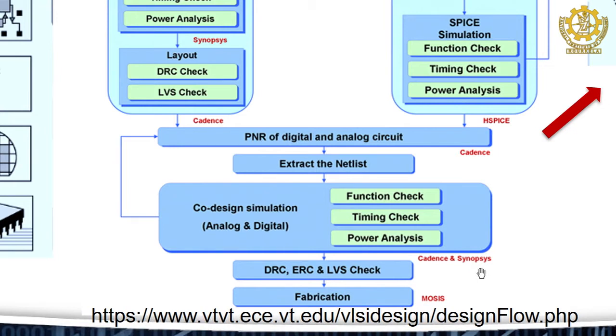So, I have listed in one slide what tools are useful for you for studying or working in the VLSI industry. Okay. You have to follow, in the red here they have mentioned, what tools you can use for doing PNR. Cadence and Synopsys, any tools you can use, and then you have to create the graphic database system GDS2, that is the format. That format is a simple file that has to be sent to the fabrication vendor like UMC or TSMC. Along with your money, if you send it to them, they will give you the IC after 3 months. Okay. Here MOSIS is written. MOSIS is one of the companies that also fabricates ICs.